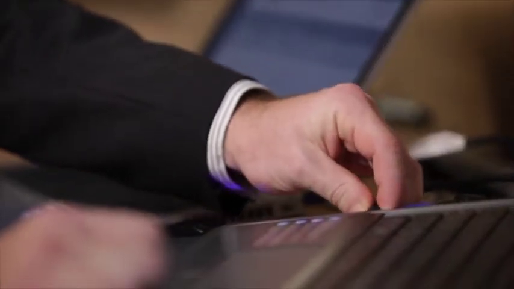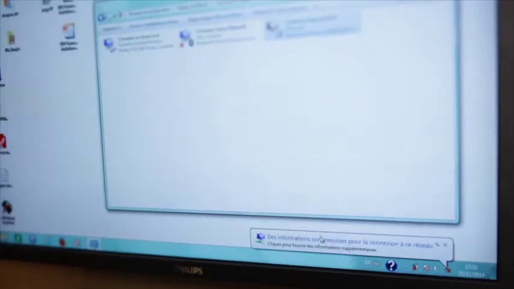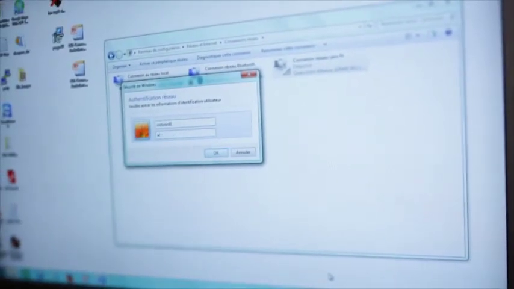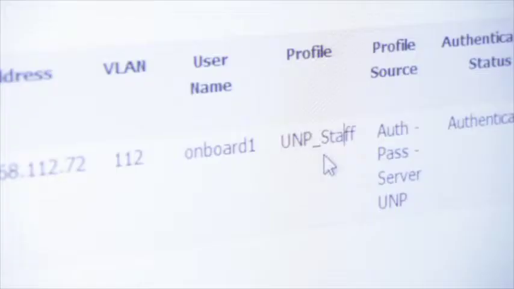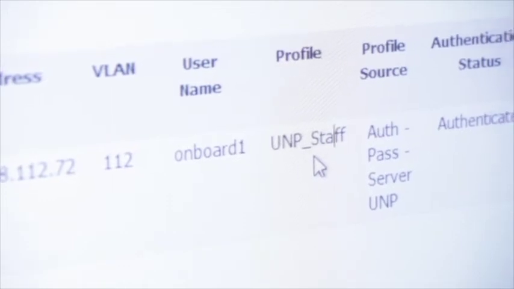If we now disconnect from the network and reconnect using a cable, I will be asked for my username and password. Now we're authenticated, we can see that the user that I used has been given the profile that I created using OmniVista. Unified access with Alcatel-Lucent Enterprise's next generation OmniVista 2500 reduces admin overhead, simplifies policy deployment, and reduces costs